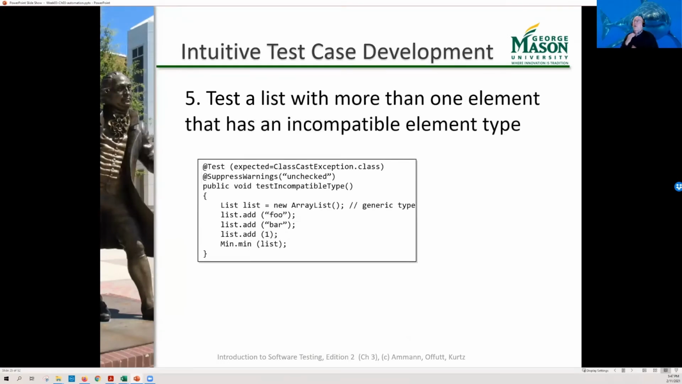So we wanted to have a test that looked for a list with elements of incomparable types. Here I can't use my list of strings anymore, because if I have a list of strings, I can't put a non-string in there. So I have to redefine list, and I have to just call it a new ArrayList of generic types. And then I can stick in a string and stick in a string and stick in, I guess that's actually a long. And then I can call min.min, and my expectation is that it's going to throw a class